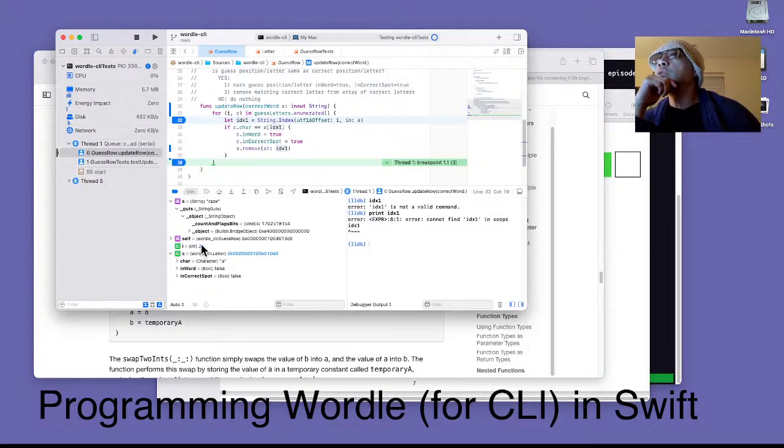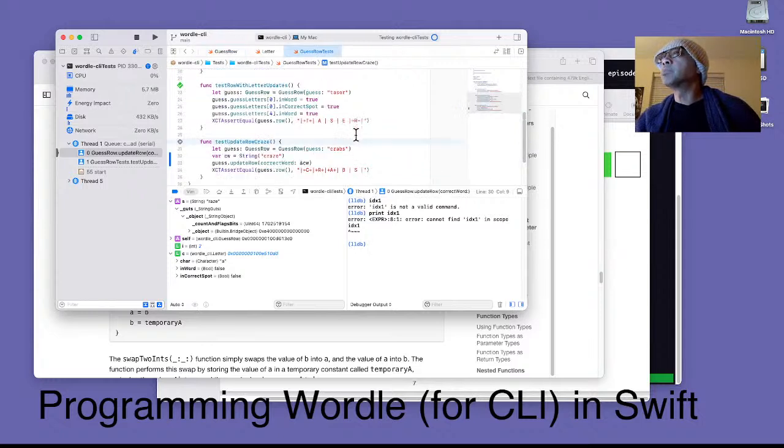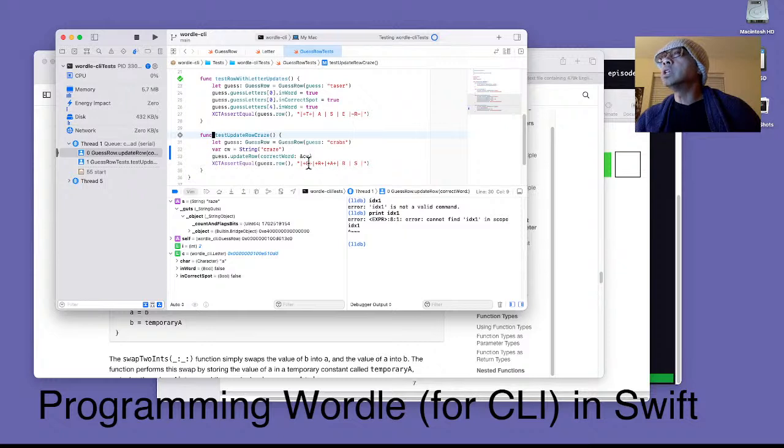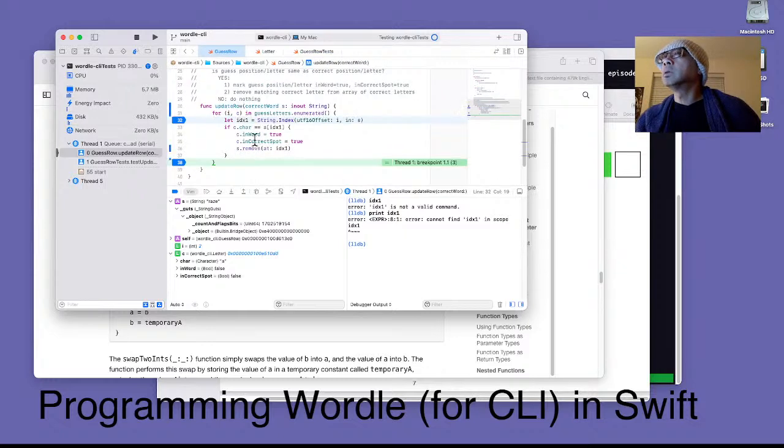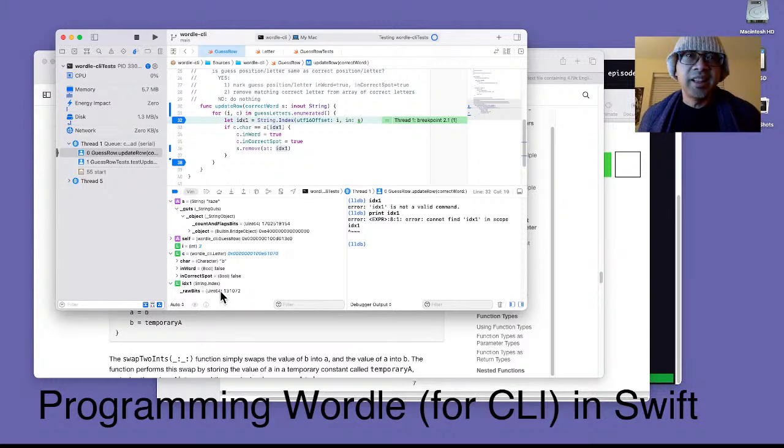We're at I equal 2, which would have gotten us through the letters. It would have gotten us through C, R, and A. So I'm going to click continue. Now we're in IDX here, and here's IDX at last. And okay, IDX, thanks Apple, but a string.index is not an integer. It's just a way to index into an existing string. Really, I think the best way to do it would be to say